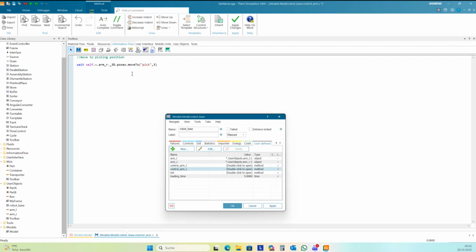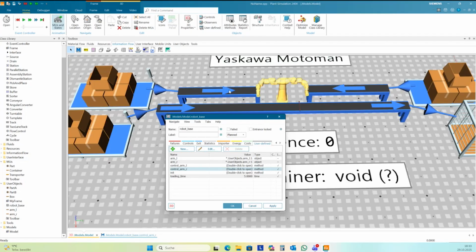Then I wait the loading time. And then I need to look, what's this? This is the conveyor.